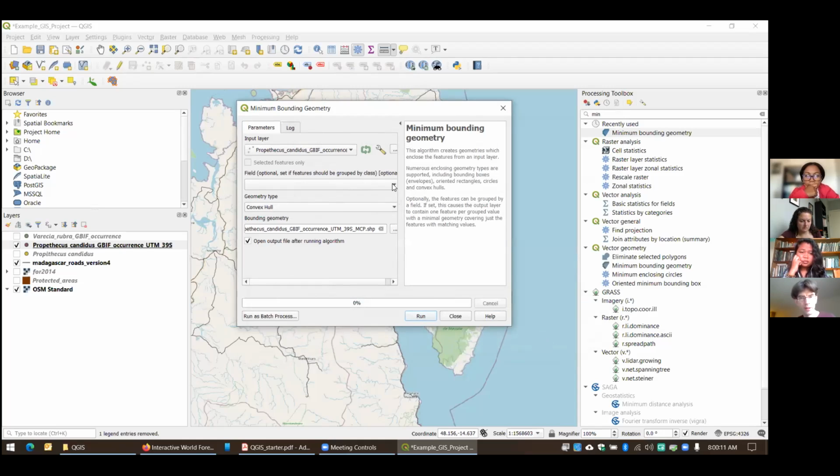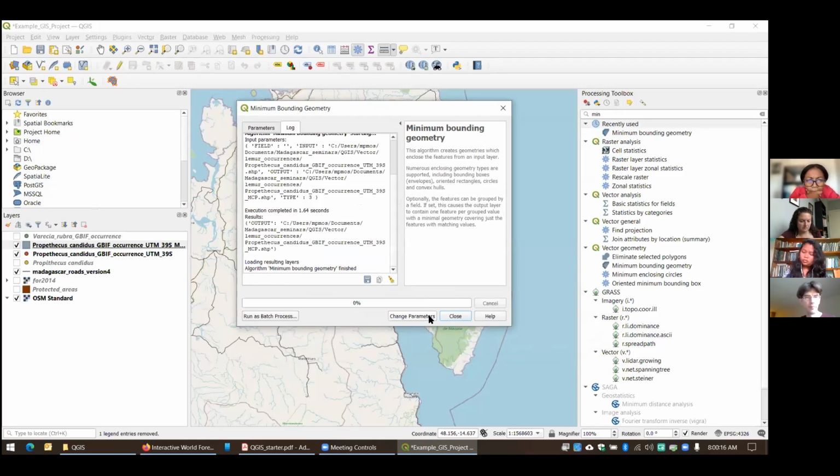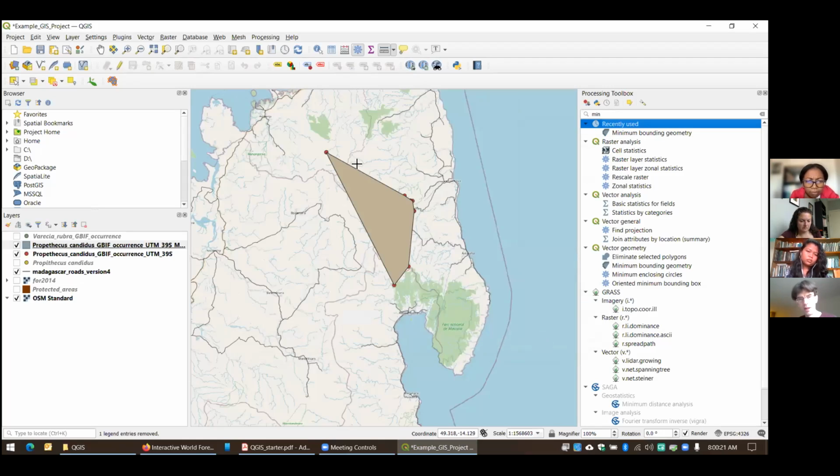And I think we're all set. I'm going to go ahead and click run. And now, I close this. You can see that I have a minimum convex polygon that's been created, basically that touches each one of those points. So it's now the next thing that someone had asked about, well, maybe I'll stop there. Let's summarize, and then we'll talk about calculating areas.